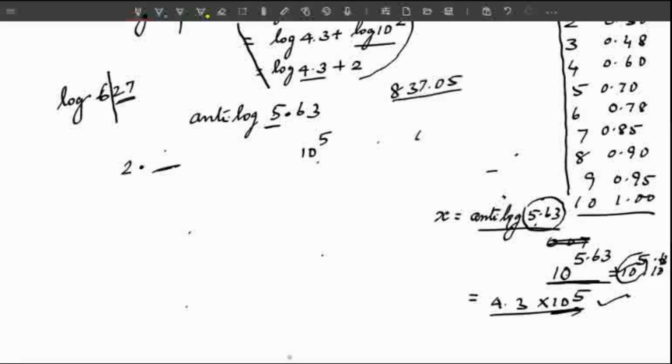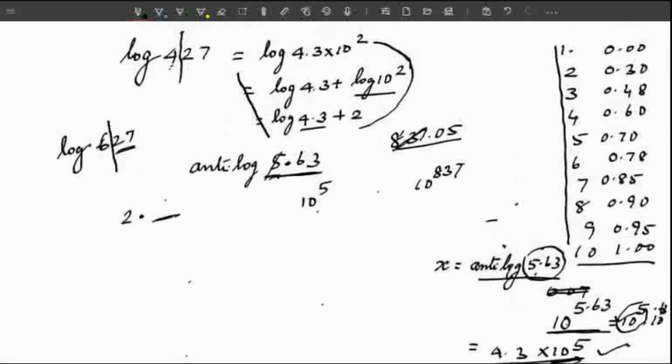10 power 837. Now you have raised these. Then now you have to find out the anti-log for 0.631. Anti-log for 0.631. How to take the anti-log for 0.63? Just go from left to right to left. 0.63 is lying between these 0.7,